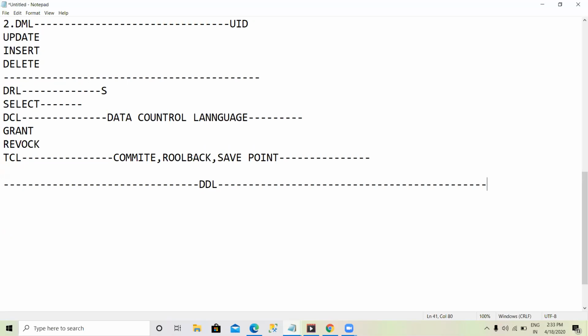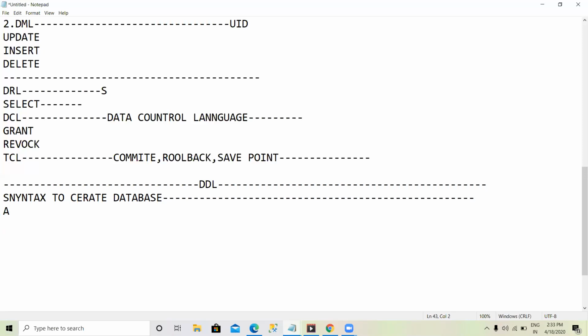While going to DDL commands, we have to know some syntaxes to identify or create a table. First of all, we have to know the syntax to create a database. This is the first and main query you have to learn while learning SQL, because without a database we can't perform any kind of operations.